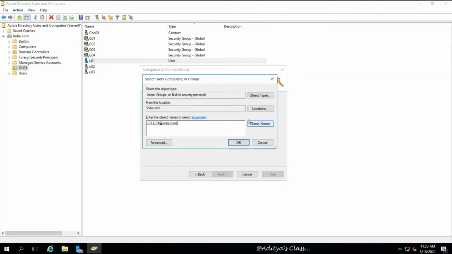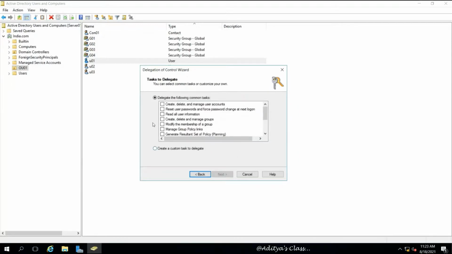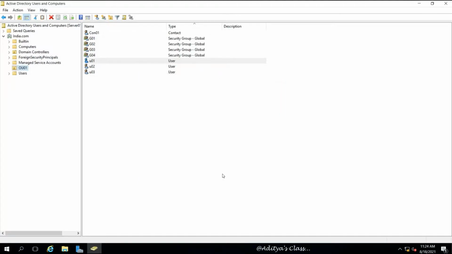Now you can see we can delegate some custom tasks to user 01, such as creating, deleting and managing user accounts, reading or resetting user passwords, reading all user information, creating users or creating groups, and other things.